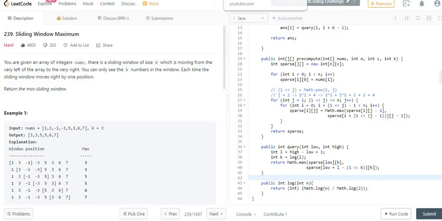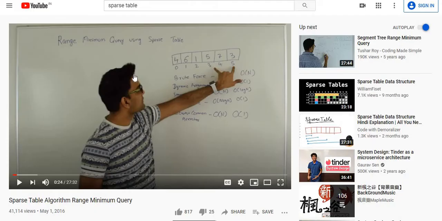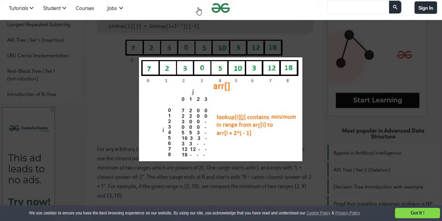I will explain why this is a sparse table problem and why we are going to use the sparse table in this. But I would like to give the shout out first to this video, which is made by Tushar Roy based on the sparse table algorithm. Secondly, these two online articles, one is from GeeksforGeeks and another is from this